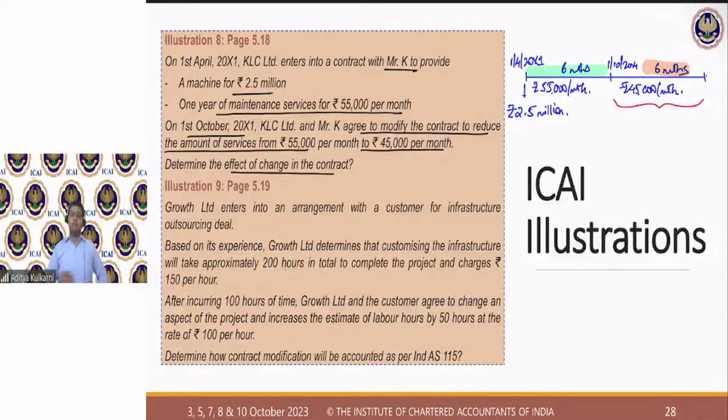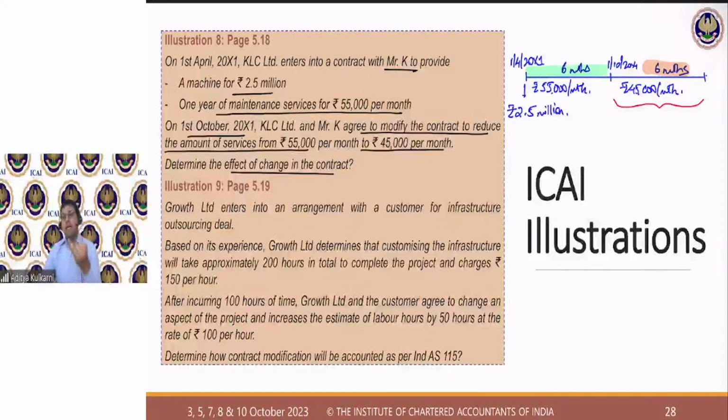Answer the questions. Distinct. So provision of additional goods or services will give benefit to the customer. So these 6 months at 45,000 per month, is it going to give additional benefit to the customer? Answer is yes. Then you look at the second question where those 3 negative conditions need to be fulfilled. Are these services highly interrelated? Answer is no. They are not highly interrelated with what has already been provided. That is why they are able to provide separately.